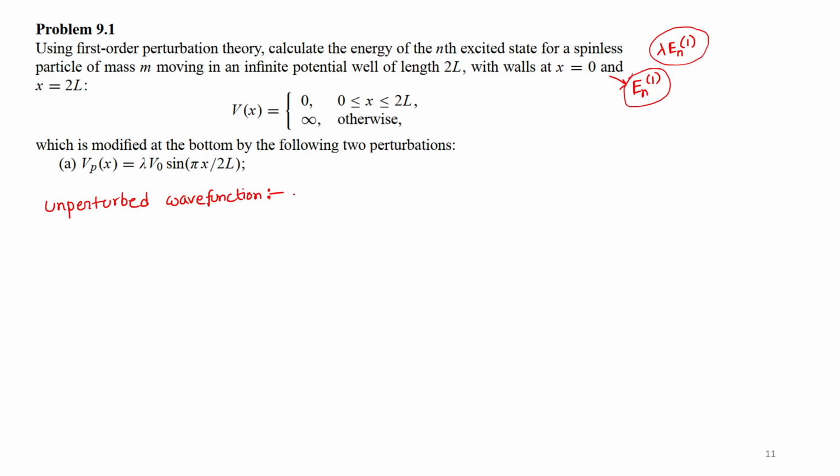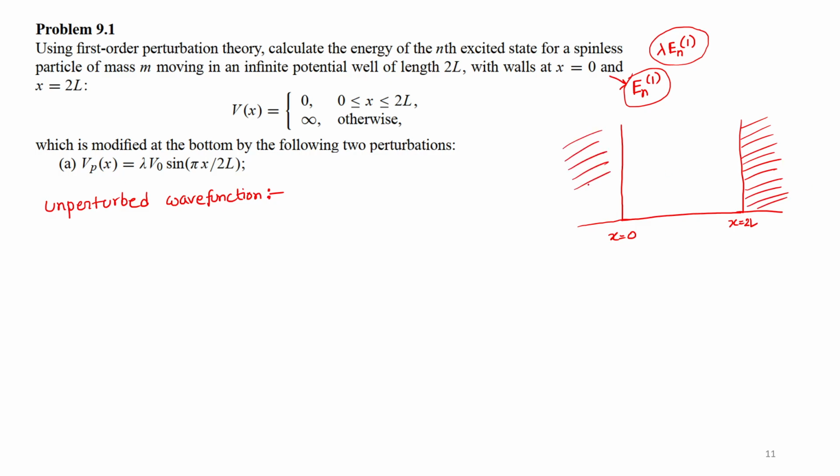Okay, before that, maybe I can draw the system once. So this is your particle in a box problem, where this is outside the box. This is your x equal to 0. This is your x equal to 2L. Outside the box, the particle will not be there because your potential is infinite, right? So your particle will be inside there. And it has been said that overall, from x equal to 0 to x equal to 2L, there is a perturbation